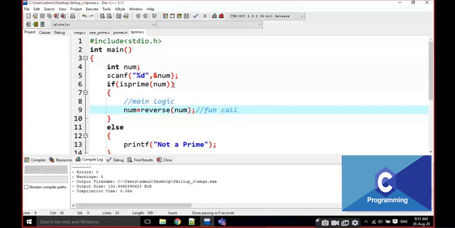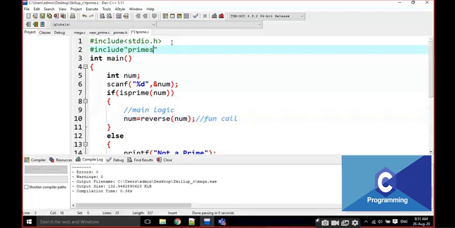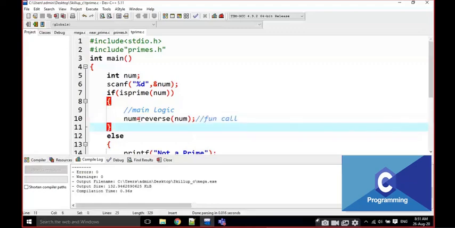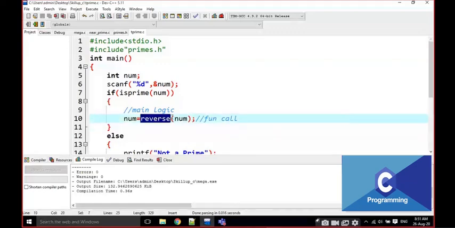I am going to write here #include primes.h. Okay, I am going to write one more function, that is reverse of num. Just observe here. Yes, this is the number. This is the name of the function, and only one value I am passing, and one value is returned from the function.